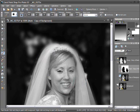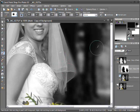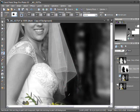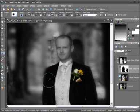So that's just brought it in, and just make sure that the face stays nice and sharp. So we bring that back onto the black, and I want the flowers also to be sharp all the way through, and that's looking okay. And we've just got a nice dreamlike softness on the edges, so I can just bring that in, not too hard. And likewise with the groom, I'm just going to bring the edges of him in